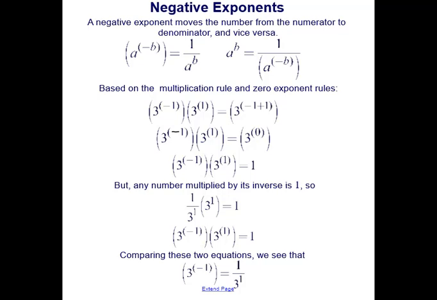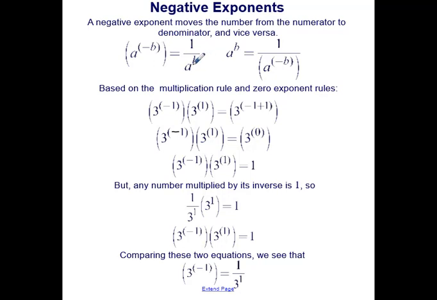Now let's look at negative exponents. A negative exponent moves the number from the numerator to the denominator and vice versa. So here we have a to the negative b, a base of a with a negative exponent, and that equals 1 over a to the positive b. It was a negative exponent in the numerator, and when it was moved to the denominator, it became a positive